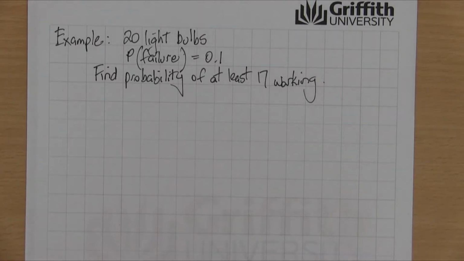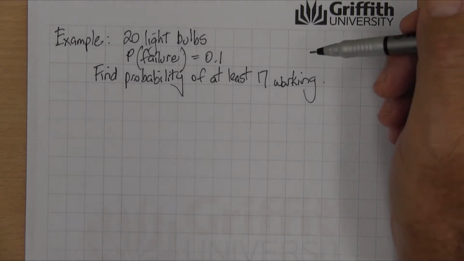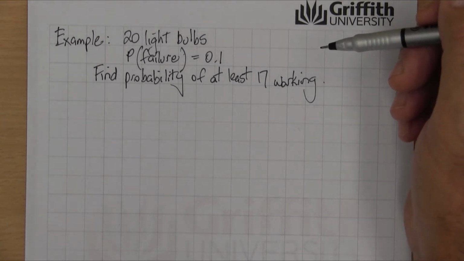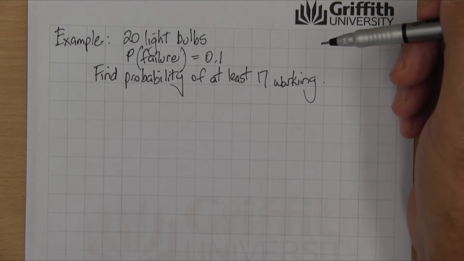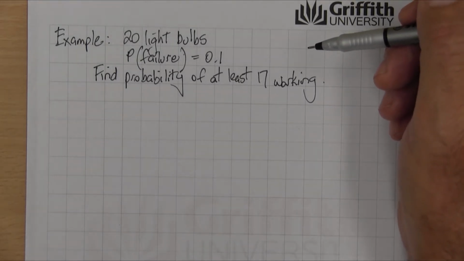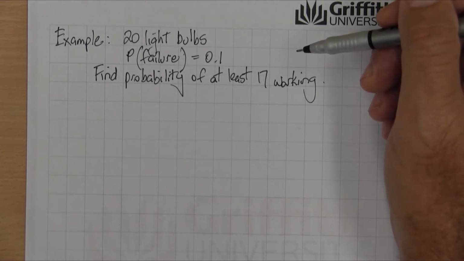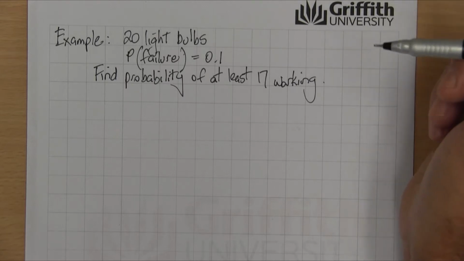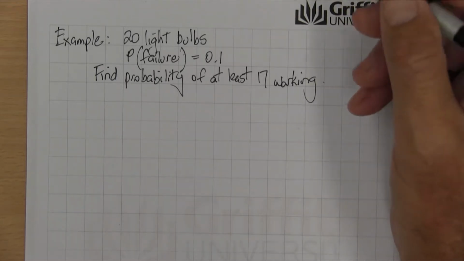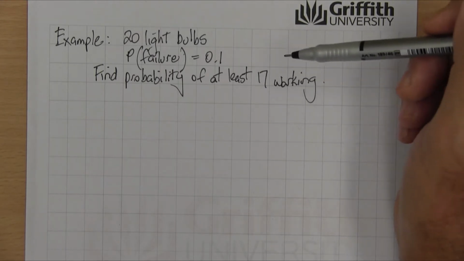Here we have an example of a binomial distribution, and I'll show you how to use the tables that are in your notes, a set of tables for binomial, because sometimes the numbers are so big that it makes the working, particularly how to calculate it, almost impossible. So we need to know how to use the basic set of tables that will give them to you